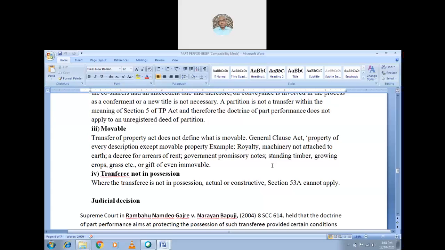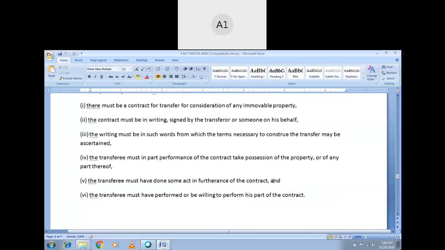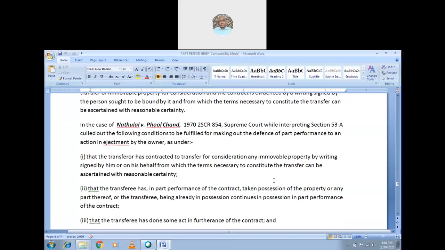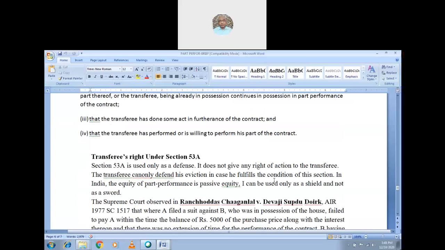ఆర్ యూ ఫాలోయింగ్ మీ? ఓకే సార్. అది లేకున్నది అనుకోండి, ఇట్ ఈస్ దిస్ సెక్షన్ 53A will not be applicable. సో కొన్ని జ్యుడిషియల్ డెసిషన్స్ we already discussed some of them, and